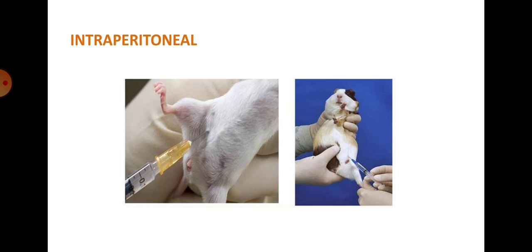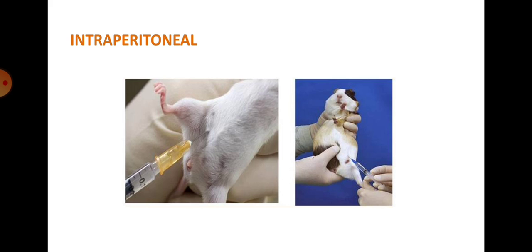So here the injection site is usually on the animal's lower abdominal quadrant, as you can see in the first picture. Insert the needle at approximately 45-degree angle. There are 3 points that you need to pay attention to: position, angle and drawback. First, the position of injection is in the abdomen, not too high, not too low. If too high, the liver may be hurt. If too low, the bladder may be hurt.